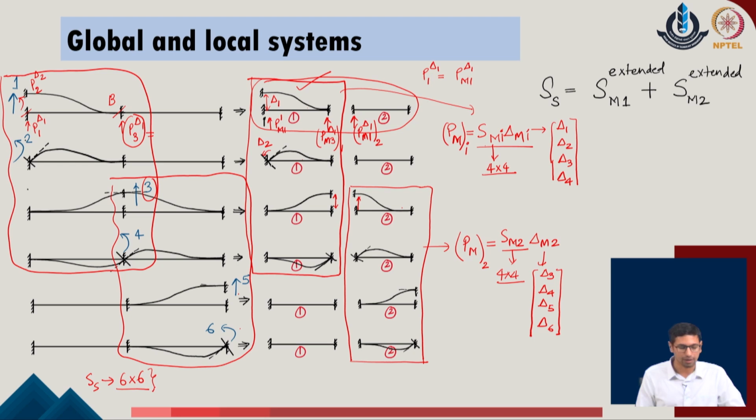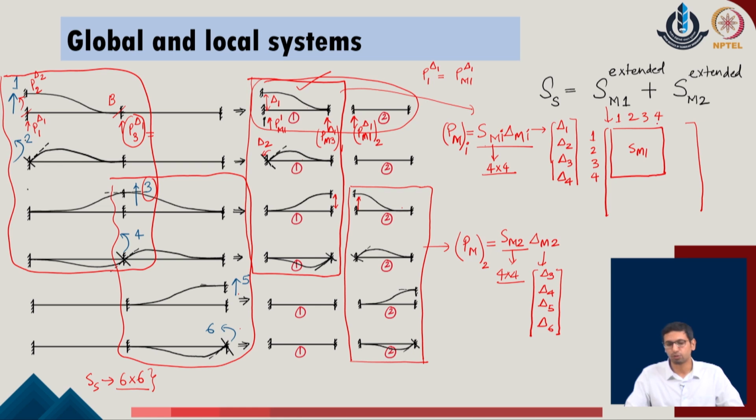Now, with this idea in mind, I realize that if we just extend the S of m having a standard size of 4 cross 4, which is corresponding to the individual degrees of freedom 1, 2, 3, 4 in the given problem, I consider that the S of m can be highlighted in the same manner as it was evaluated earlier, and it has been attributed to the degrees of freedom which are corresponding to 1, 2, 3 and 4 of the given problem, as we have understood that these are the 4 cases of the deformation which are contributed by the member 1, and this is the contribution which I am looking for, and all the other parameters of the global stiffness matrix will be 0 for this given case.